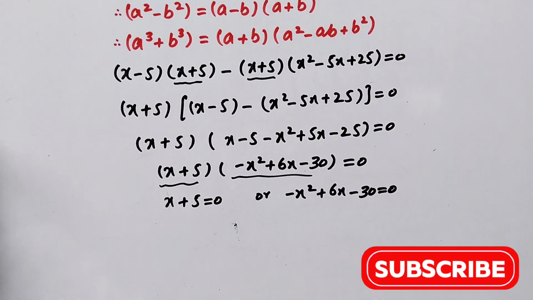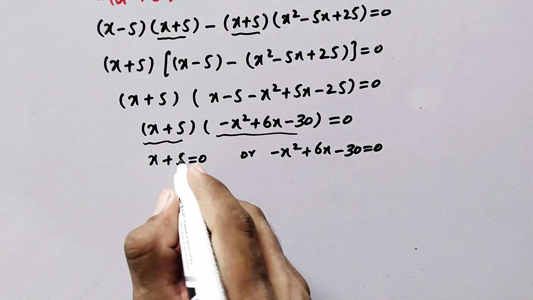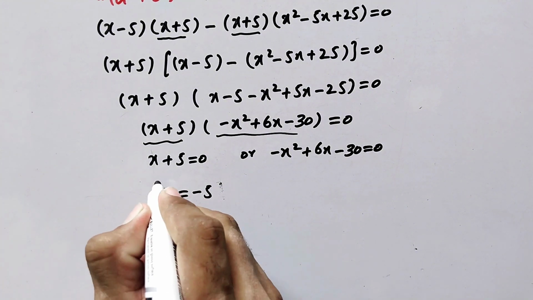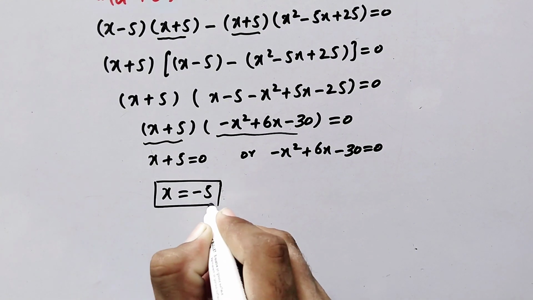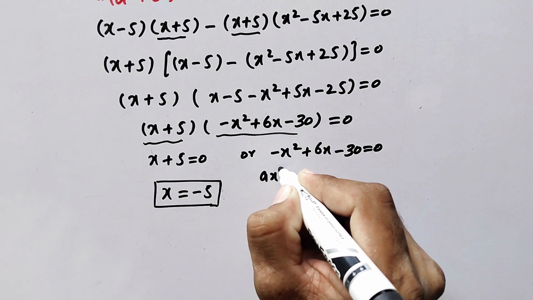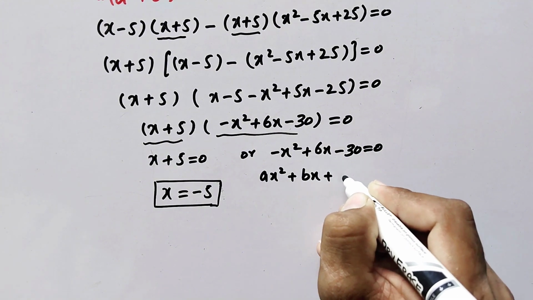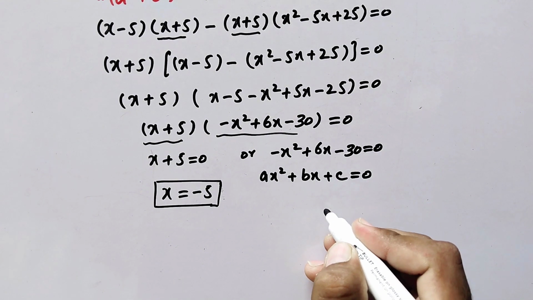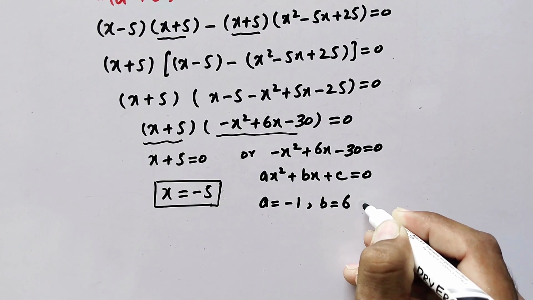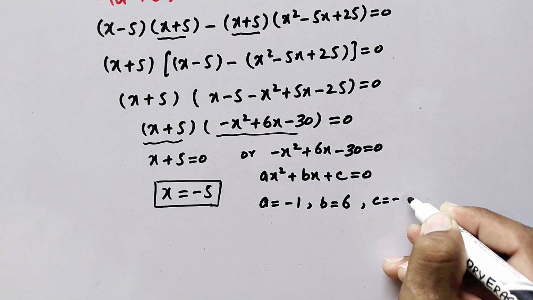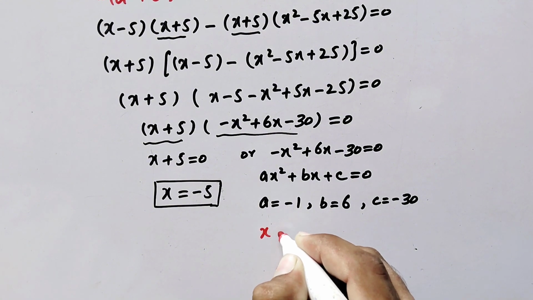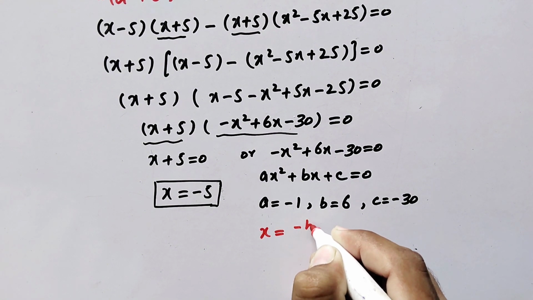Now from here x will be equal to minus 5, that is the first value of x, and as here we have gotten a form of quadratic equation, as here is ax square plus bx plus c equal to 0, so that here a is equal to minus 1, b is equal to positive 6, and c is equal to minus 30,